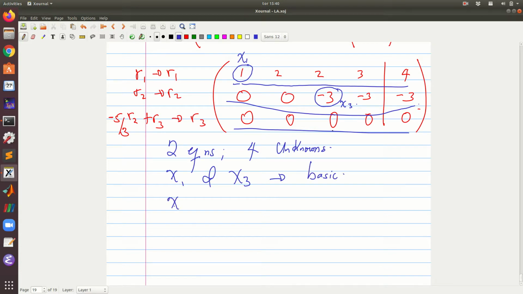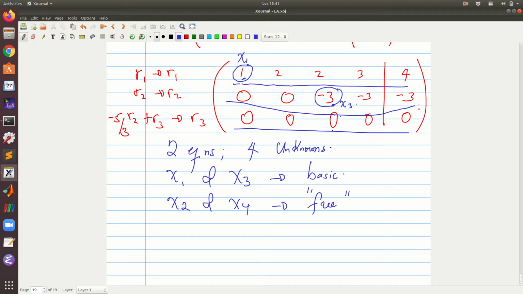There are no prizes for guessing that x2 and x4 are going to be the free ones. Please note that this is purely coincidental, that also in the previous example it was, I think, the same which were basic and which were free. So please don't take it that it will always be x1 and x3 basic, and x2 and x4 free. No, we said basic depending on the pivots, and then the rest are